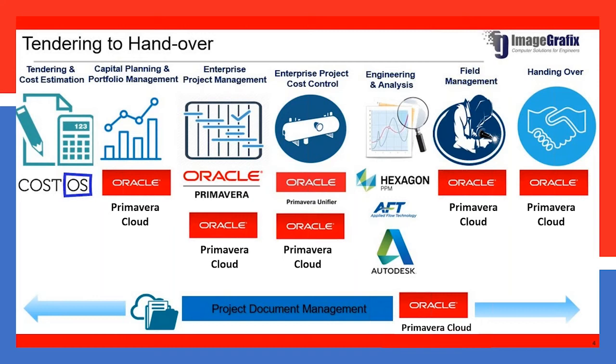So for any projects, if you want to create a BOQ from the available data, the documents you have, either it's a PDF, JPEG, or an AutoCAD DWG drawing, from that it can estimate the BOQ, the bill of quantity, for you. Then, by the industry standard unit rates available, it can calculate and give you the total estimation for the project requirement. Based on that, you can start doing.